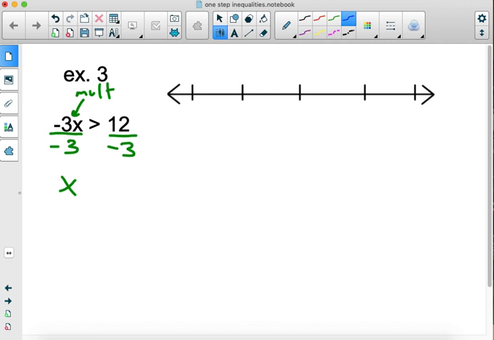Can I ask you to stop writing right now and just watch? Okay. Everybody's pencils down. Just watch me. So, if I'm going to continue this like I've always continued it, I'm going to bring the sign down, and I'm going to say this is -4. So when I go to graph this,